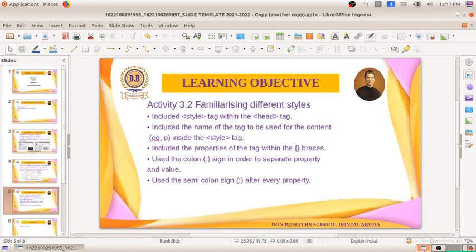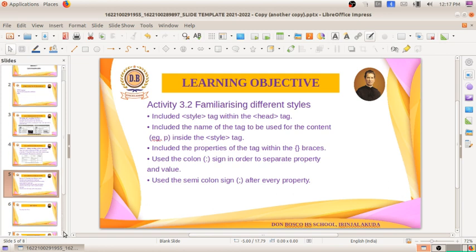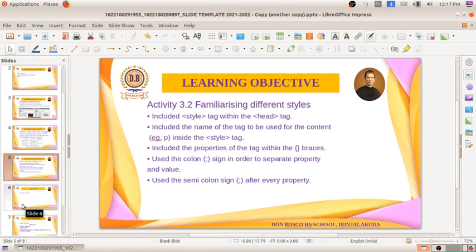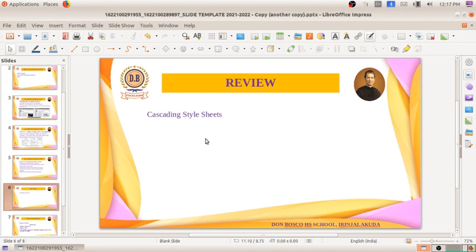I hope it is clear to all of you. In the next session, I will be discussing how to apply the CSS to headings. Let us memorize the important things we have studied. We have discussed the cascading styles, how to apply the styles to this HTML code, and what will be reflected after applying the styles. Also some important points which we have to keep in mind while writing the styles.